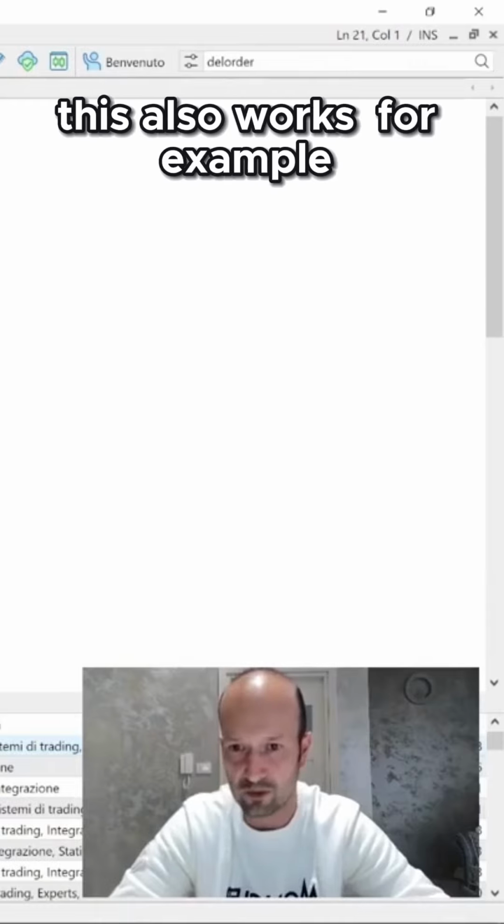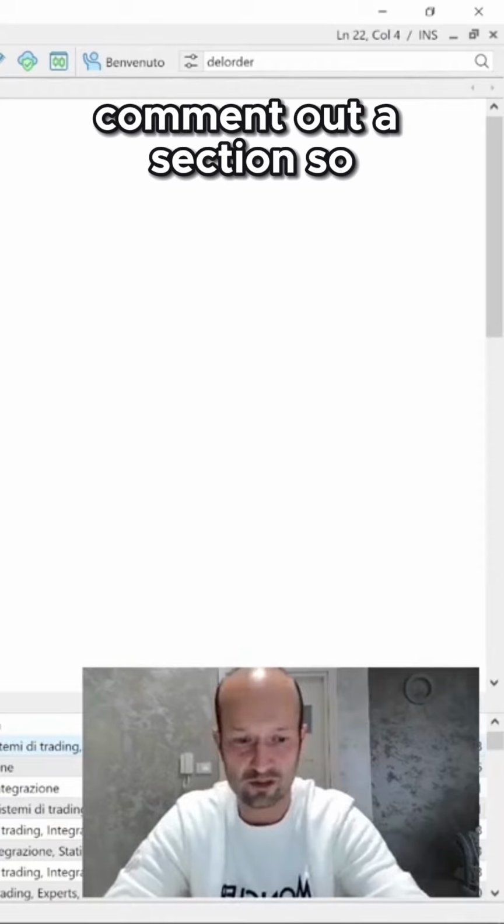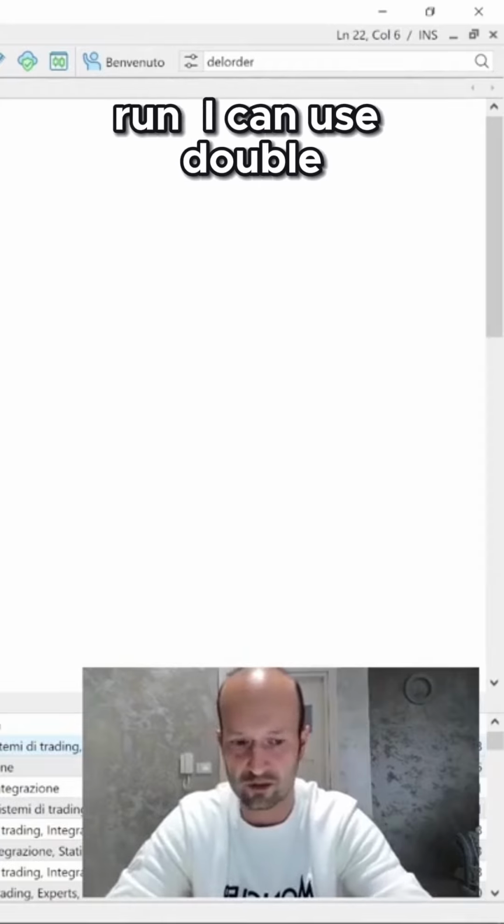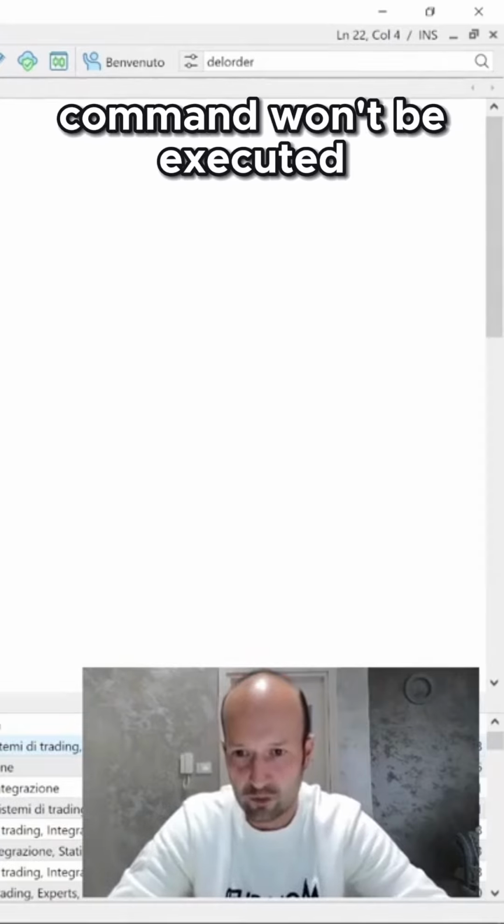This also works, for example, on a specific piece of code. If I want to comment out a section so that it absolutely doesn't run, I can use double forward slashes, and that particular command won't be executed. Let's